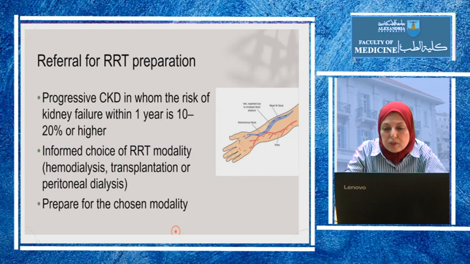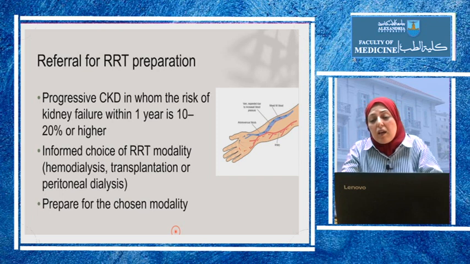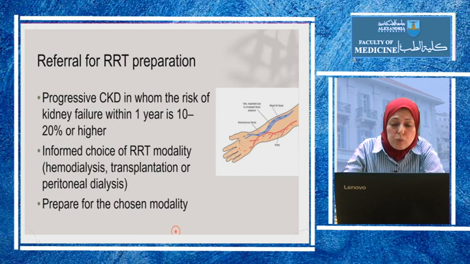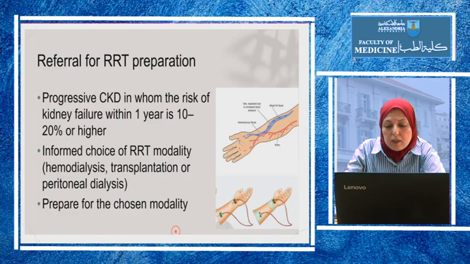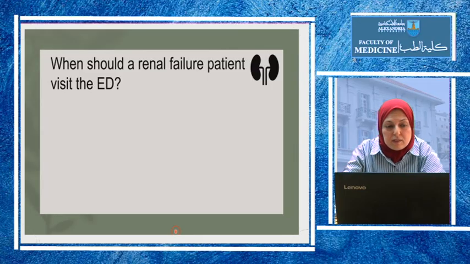In most patients, we should create the AV fistula before the patient needs dialysis, although some patients refuse this. But it is better because, as you know, the AV fistula takes 4 to 8 weeks to mature, and some fistulas do not work. So after waiting 4 to 8 weeks, the fistula may not work and he may need to create another fistula so that we can cannulate it and perform the dialysis.